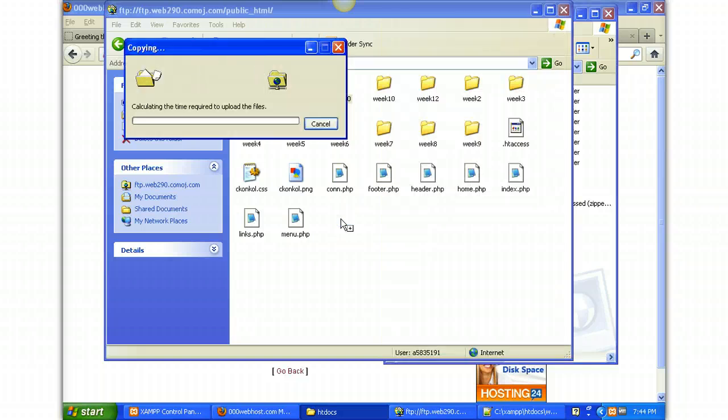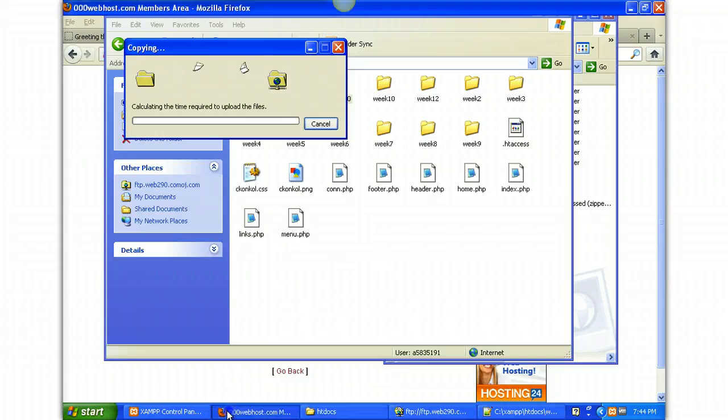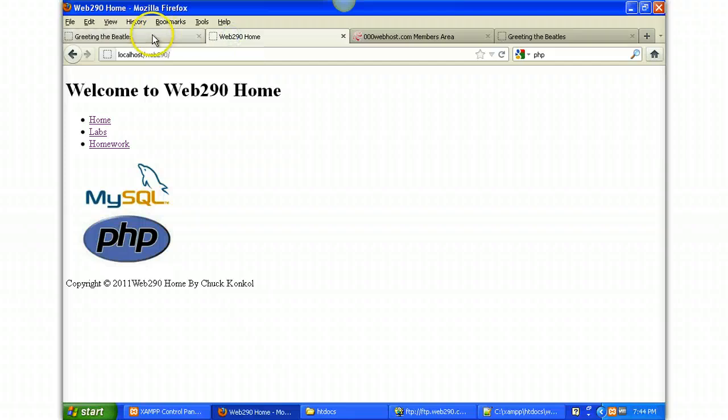It'll see a conflict or an overwrite issue, and it'll ask me, do you want to overwrite this file? And I will say yes, and I can overwrite all files. And so each week, at the end of the homework, once I'm finished, I'll have updated my external with my local information. Once you're through with that, you will go to the Web290 homepage,